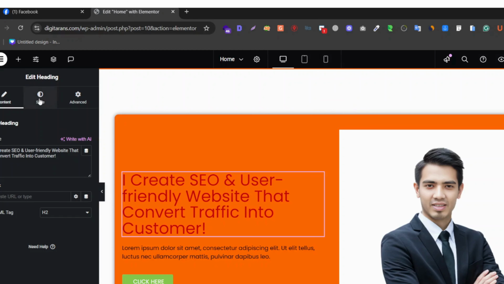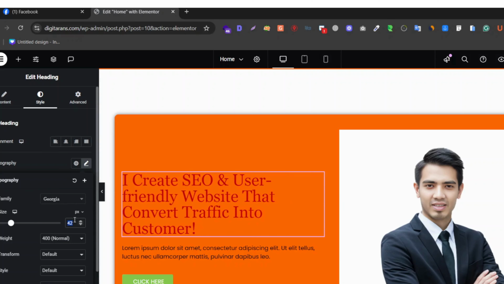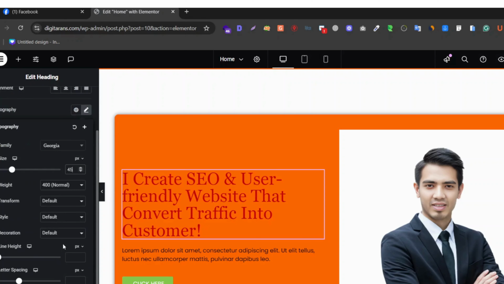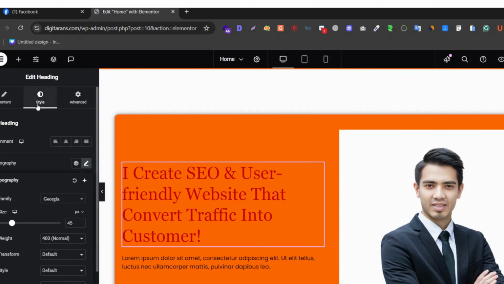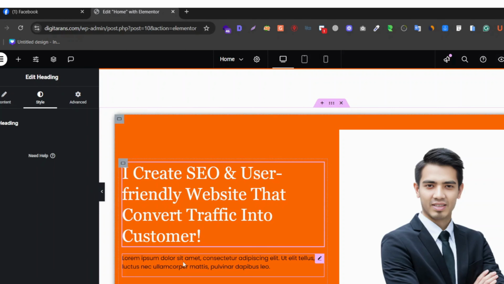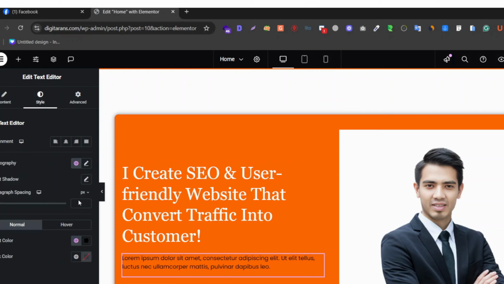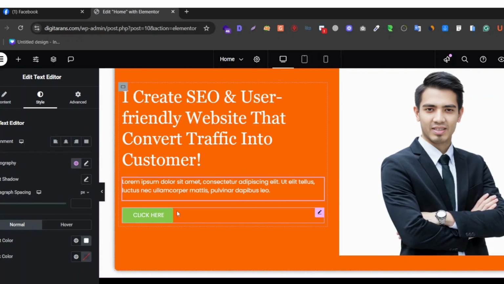I would customize it now. Go to style, and Poppins is good for me, but I'd go with Georgia. And from here, 45, and line height to 55. Okay. The text color, I'd go with completely white, and for the text from color to white, and some customization for the button,